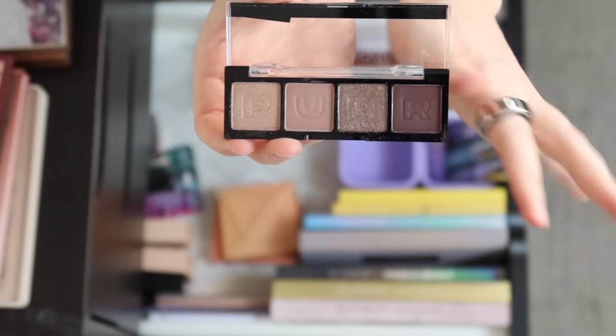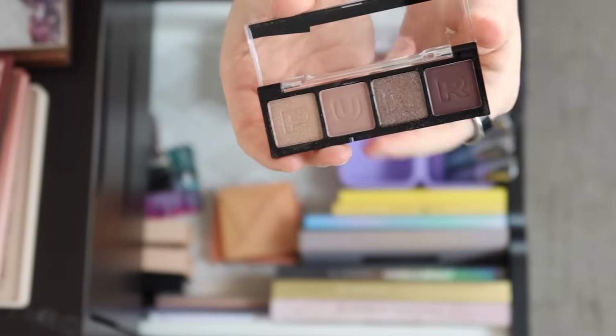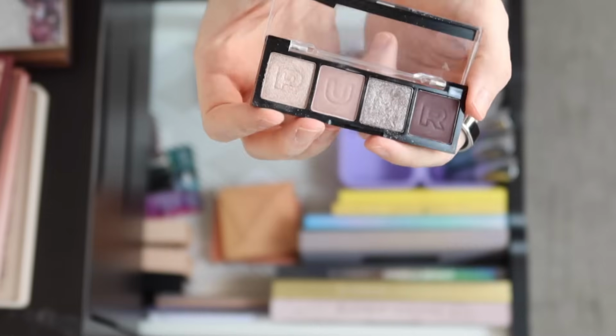The quality of this is okay. This deepest shade is not quite as pigmented as you would hope, but the other three shades are beautiful, and this shimmer, especially this taupey metallic shade, is